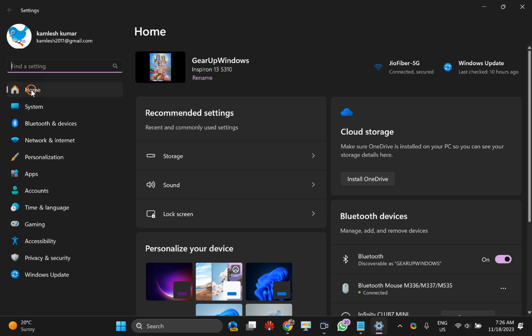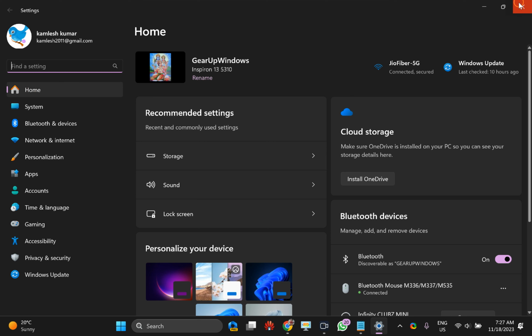You can use two methods to show or hide the home settings page on Windows 11. One is through Group Policy and the next one is through Registry Editor. So let me start one by one.